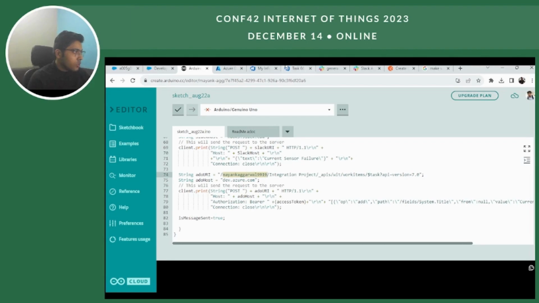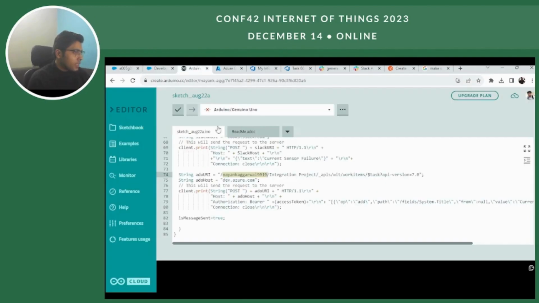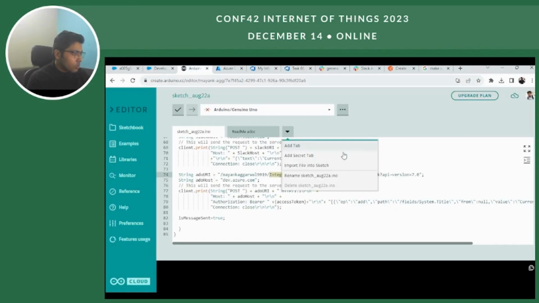This is my ADO instance name, and this should match. This is the integration project name, which should match over here. In whichever project you want to create a ticket for this kind of failure, you can specify that project name in the code.